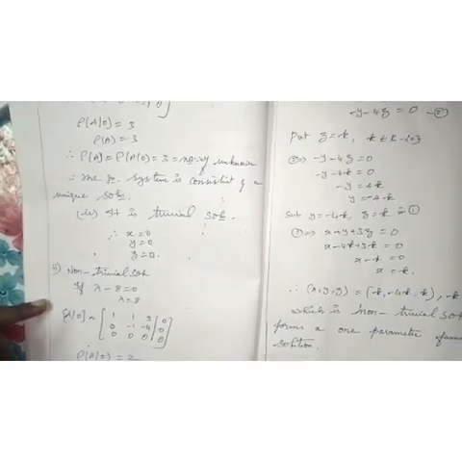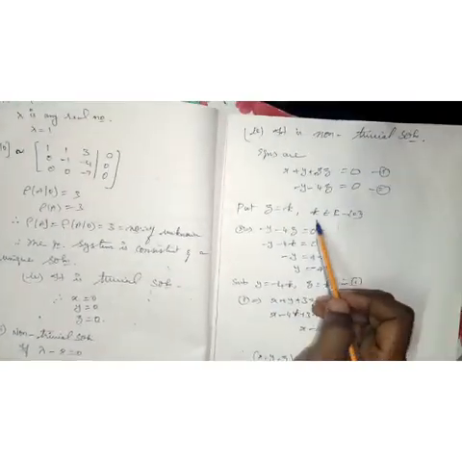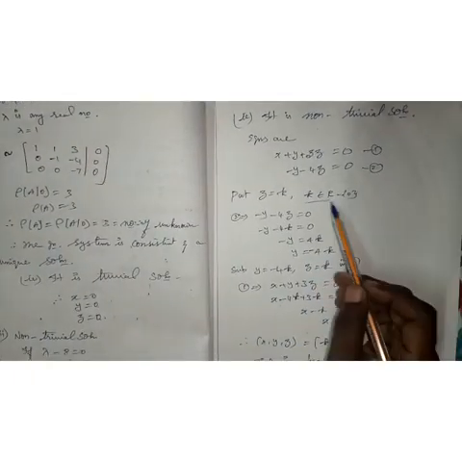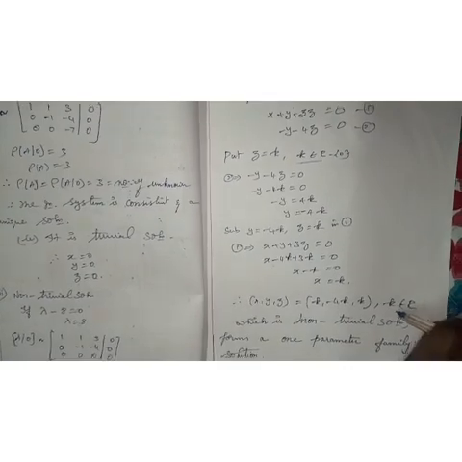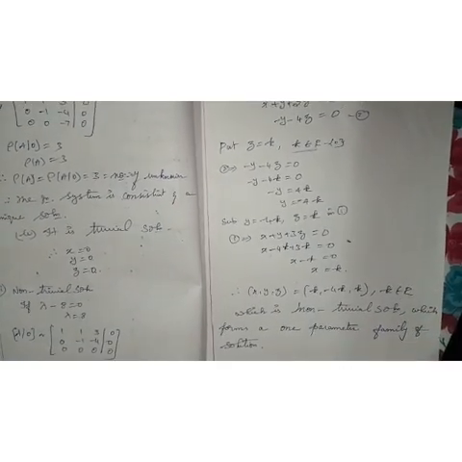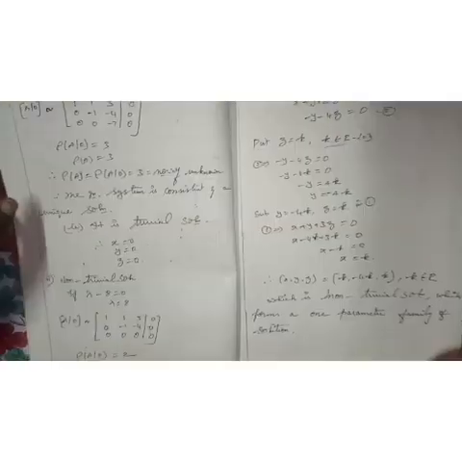Consistent, infinitely many solutions. Put z equal to k. We have only one parameter. Then you will get x equal to y equal to z, with k belonging to the real numbers. It's very important, a 5 mark question, children.